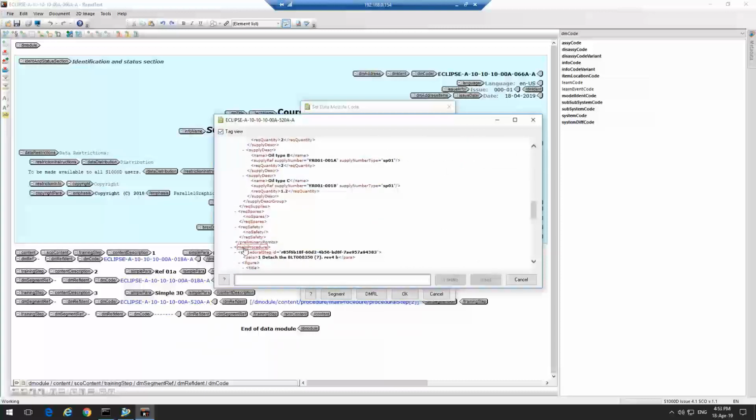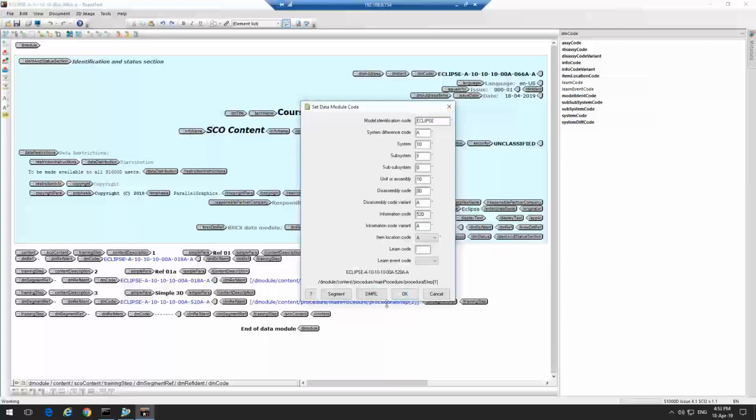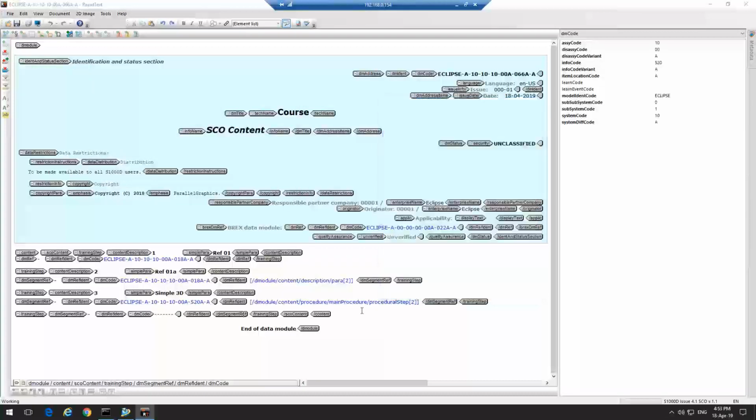Just a random procedural step, and we're going to reference it in our SCO content course, like so. Okay, we save this,